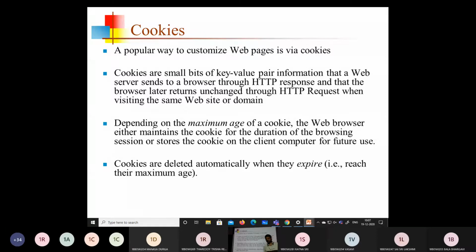Generally, as we have seen, a session is nothing but the time duration between logging in to the website and logging out from the website. The client's interaction between these two times is called a session.